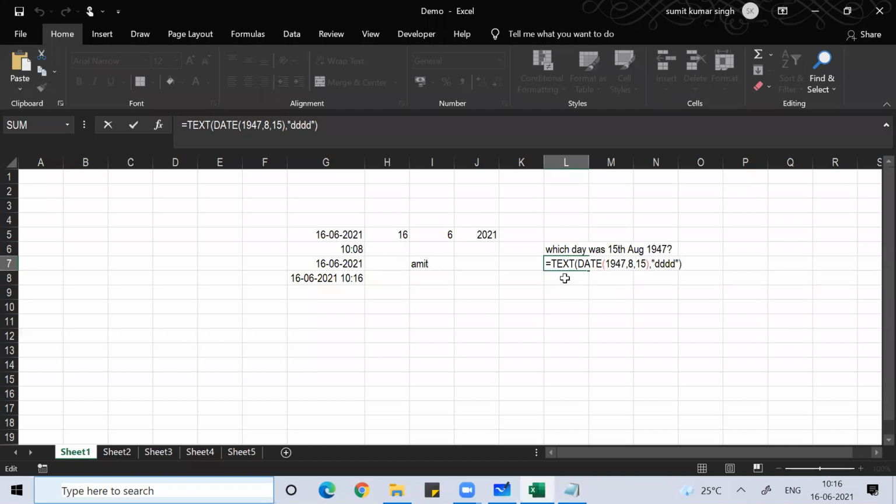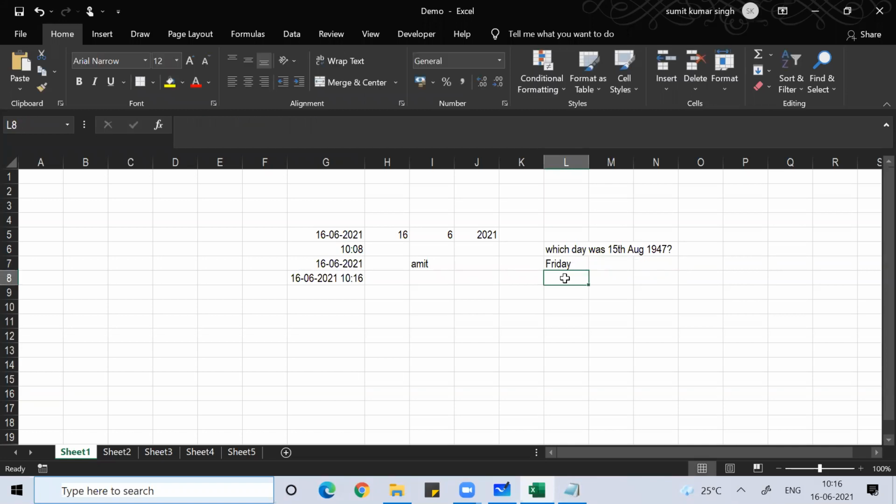For age, we did the DATEDIF formula. In DATEDIF, we use the starting date, comma, ending date, comma, double quote Y to find the years, double quote M to find the months, double quote D to find the days, double quote YM to find how many months after that year, and double quote MD to find how many days after that month. So we have done all this. I hope you all remember this and will never forget it.